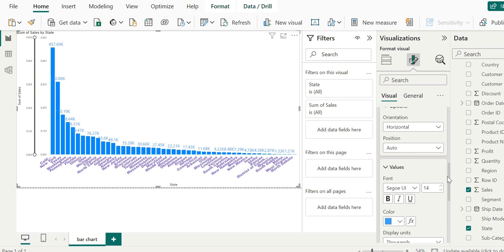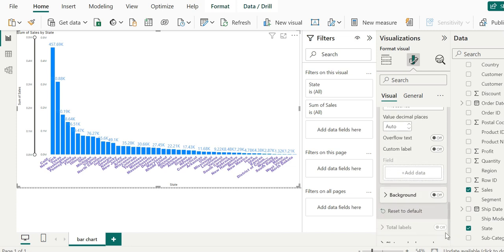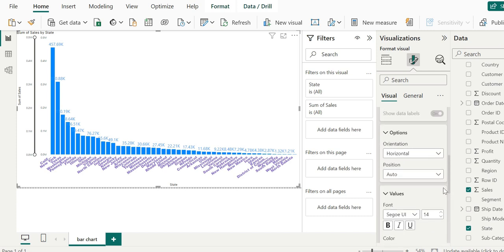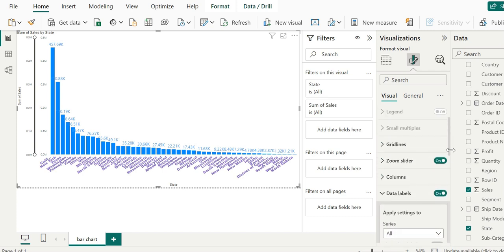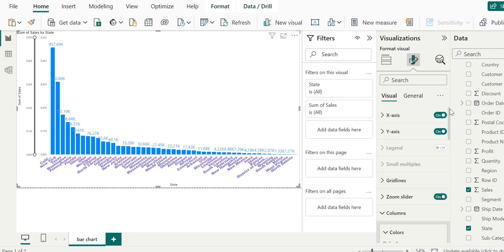There are various kinds of things you can work on.